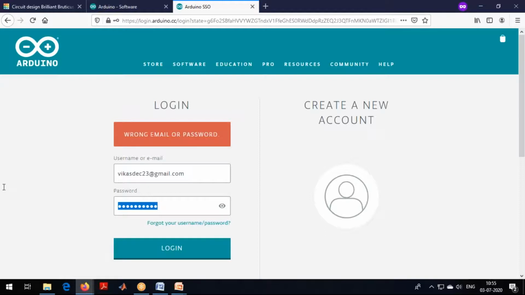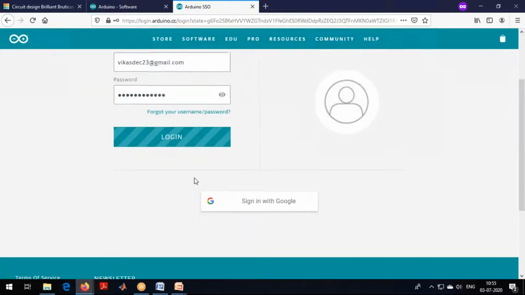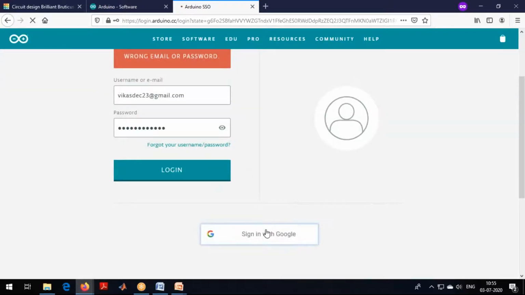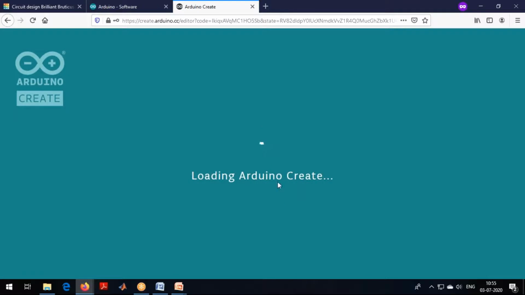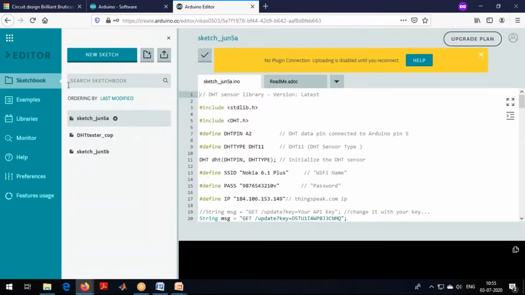Okay, I'll log in with my Gmail. Here you can download. The other thing is you can code online. See here, new sketch. I can click on new sketch.